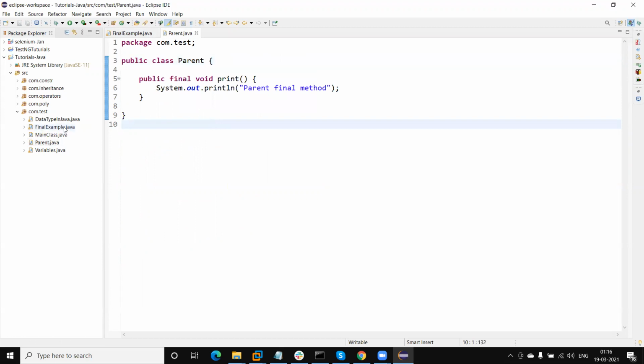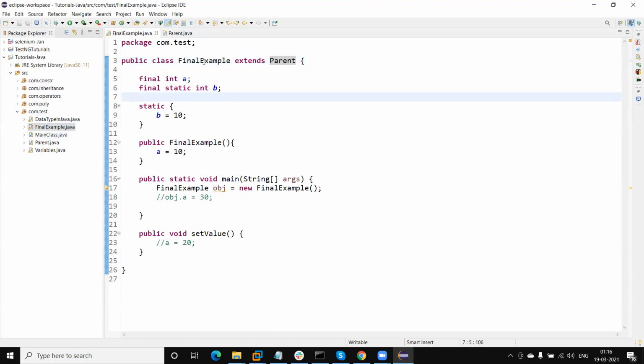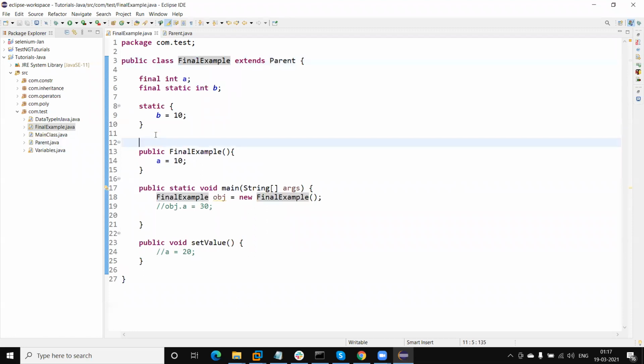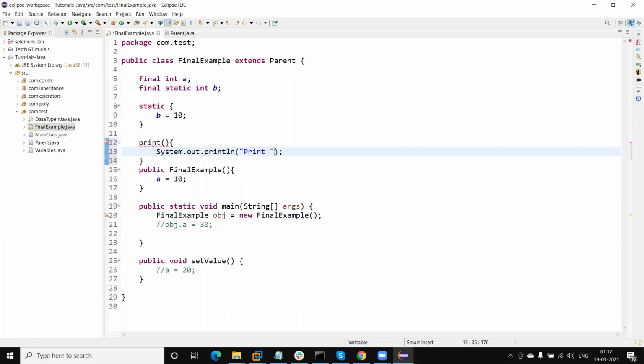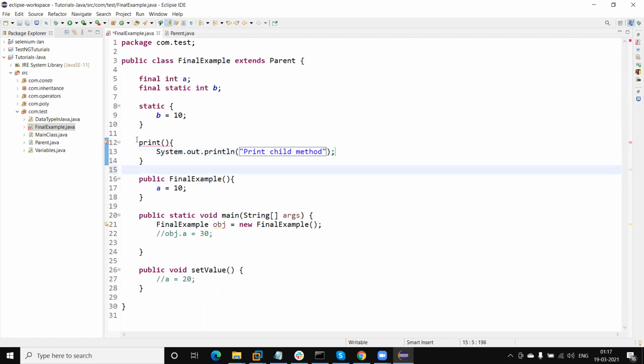So this parent class is inherited by this FinalExample class. Let me create one more method here, the print method: public void print.